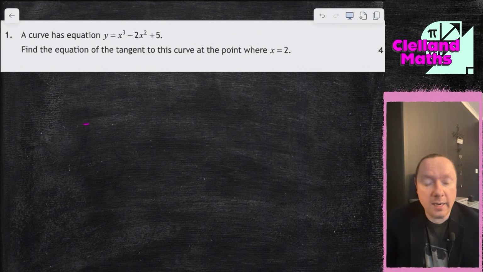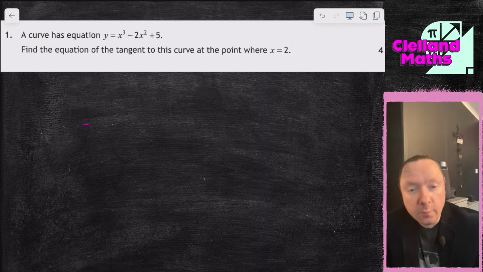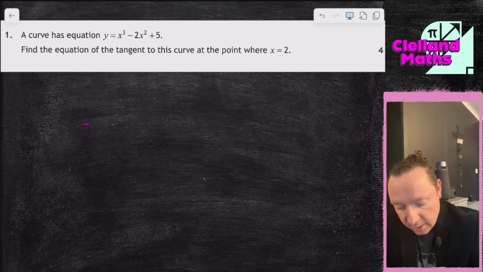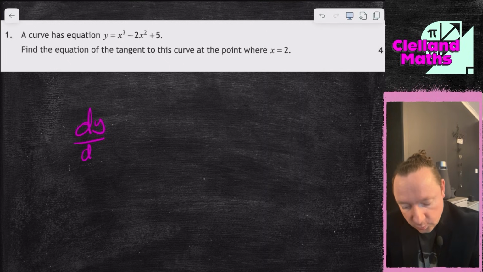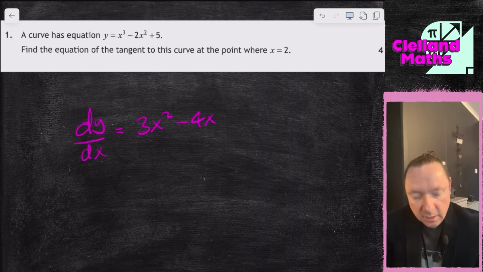A curve has equation y equals x cubed minus 2x squared plus 5. Find the equation of the tangent to this curve at the point x equals 2. Equation of the tangent means I need to differentiate. So I do dy by dx, and that tells me the gradient. 3x squared, 2 2's is 4, so 4x, and the 5 disappears, and I want to do that at x